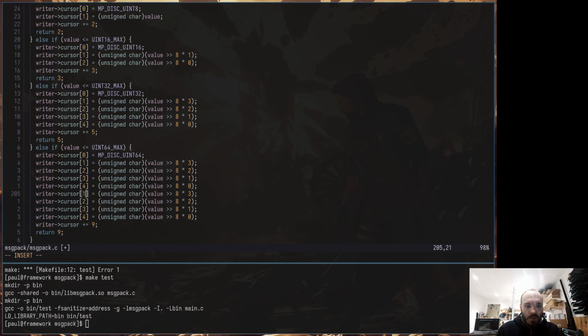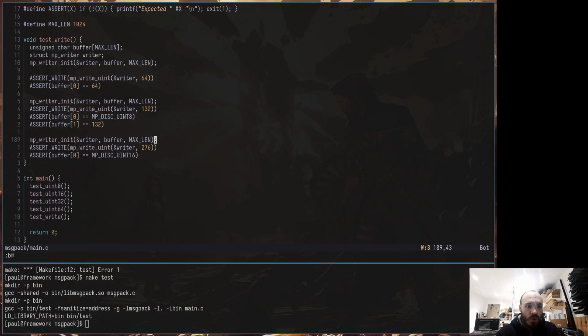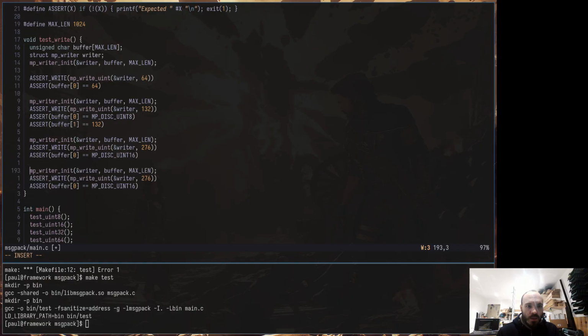This becomes 5, 6, 7, 8, correct? And this starts at 0, yes, which means this one goes to 4, 5, 6, and 7. Let me just confirm that. What I put the earliest in the buffer is the most significant bits of the thing. Yeah, which makes sense. So I should be able to quite easily copy this one and say the next big value